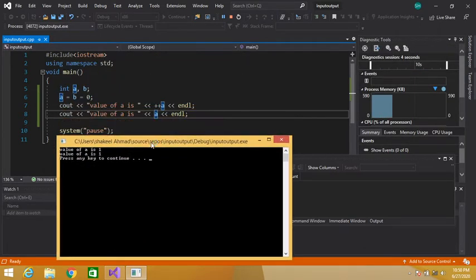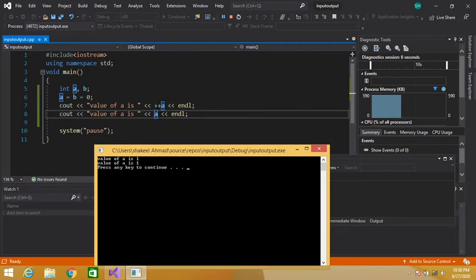See here. This is something known as pre-increment operator. Pre-increment operator increments the value of a variable by 1. So it has incremented the value of this variable by 1. So it contains 0, 0 plus 1, 1. So 1 is displayed on the screen. Here we are also displaying the value of a. So now a contains 1, so 1 is displayed on the screen.